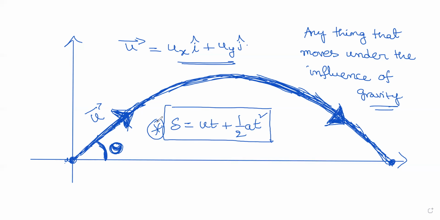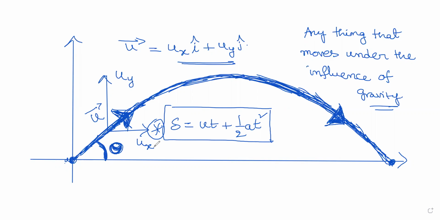But the thing is, when you have projectile motion, the x component as well as the y component will be treated individually. The x component of velocity does not depend upon the y component of velocity. The x component of acceleration does not depend upon the y component of acceleration. The x direction and y direction can be studied individually. That is the idea. They don't depend upon each other, but you can bring out the relation between those two.